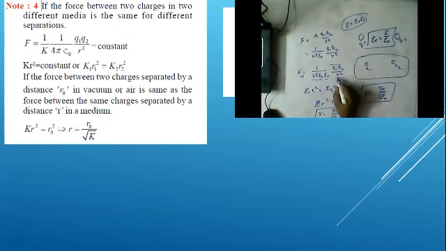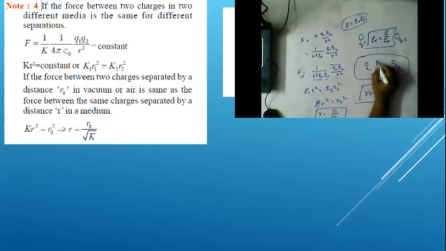Okay, so sir, R is also constant. Now why are you considering R here? R is not going to be constant. For example, if a certain value changes, due to this the distance may get some change. So based on that condition, we can write epsilon R square. Okay, so epsilon 1 R1 square is equal to epsilon 2 R2 square.